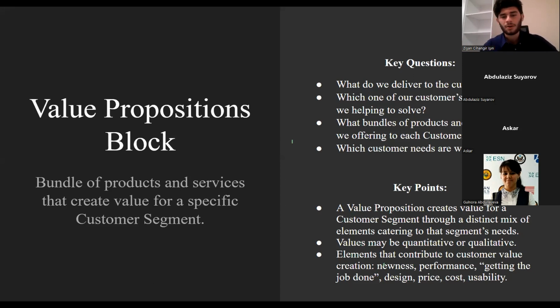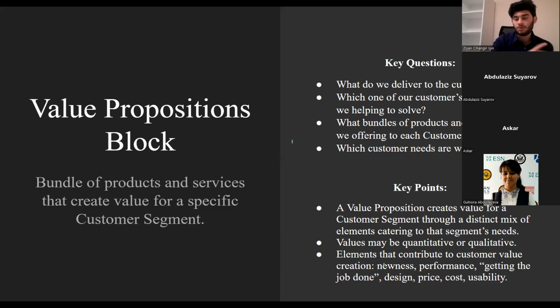The values you write down could be both quantitative or qualitative. Like, you could be serving people something that will make it cheaper for them, higher quality for them, easier for them. Any or all of these things could be a part of the value you produce and serve to the customers.